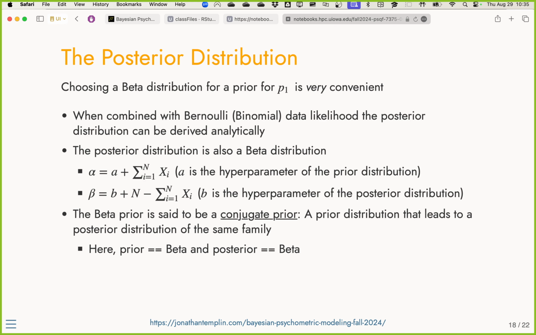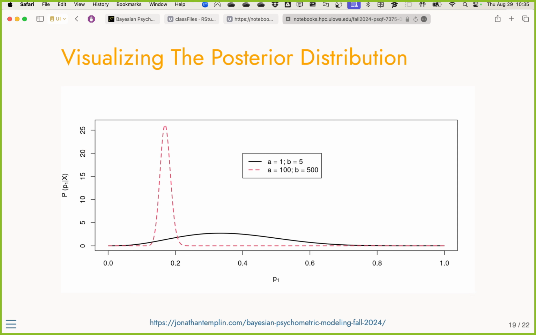The other part where you'll hear the word conjugate prior is there's one Markov chain Monte Carlo algorithm called Gibbs sampling that relies upon the prior distribution being conjugate. Gibbs sampling draws directly from the posterior distribution. It never rejects draws. These are things we're going to talk about in a few weeks, so just giving you the foreshadowing right now. You don't have to remember this. But conjugate prior, really good for examples, really good for the basic Bayes, but not needed for everything else we do. Cool? Cool.